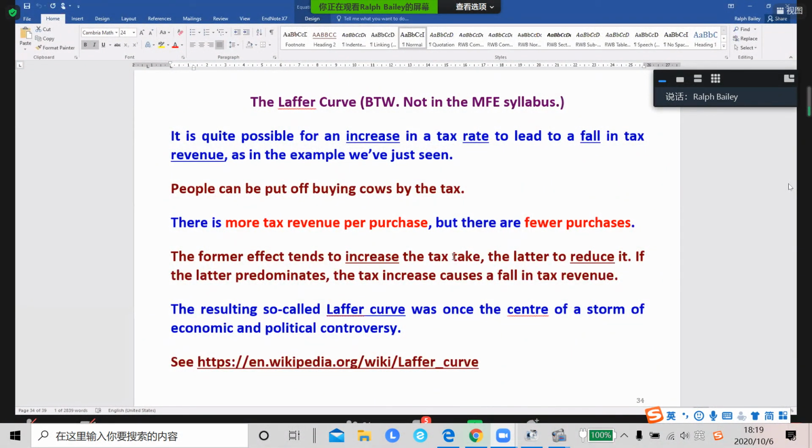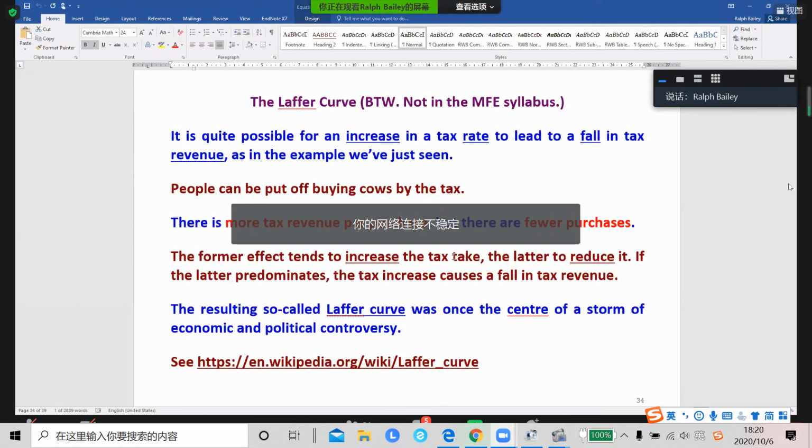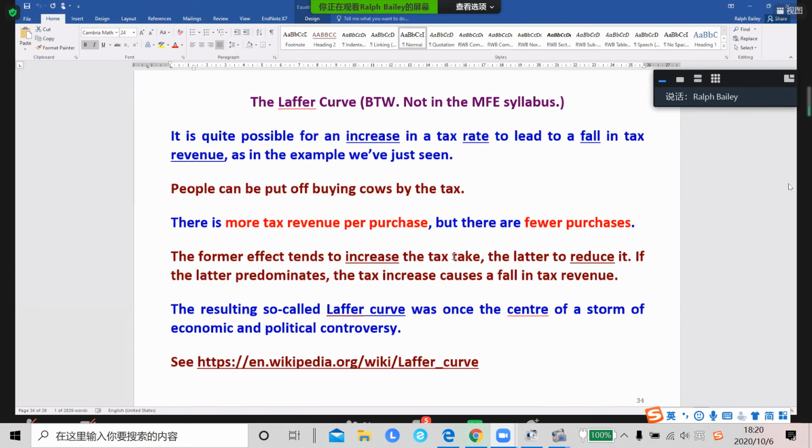So there are two competing factors: more revenue per purchase, but fewer purchases, and the overall effect is ambiguous. Another good economic word, it has an ambiguous effect. Could go either way. This was stressed in the Reagan era by an economist called Laffer, who said